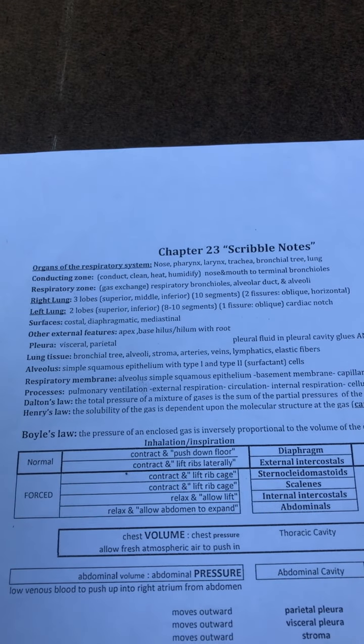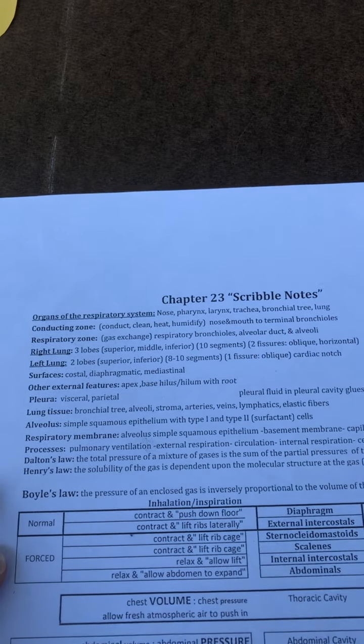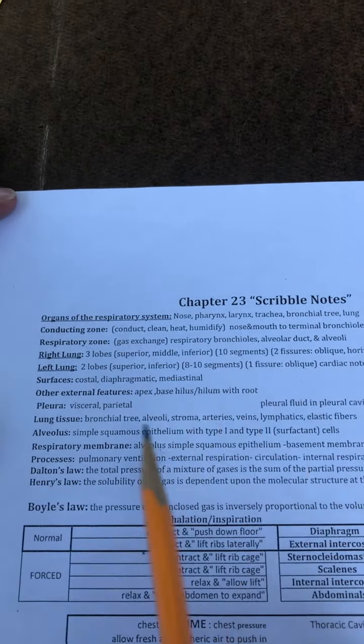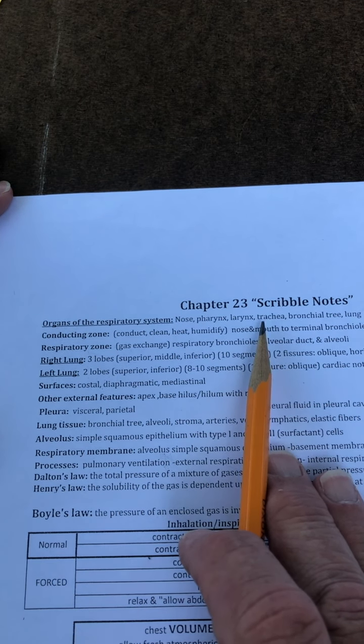Well, here are some notes that I think are out there online and that some people have been looking at. So let's sort of run through them real quickly and see what they might say for us. Right off the bat, it is just a review. It's scribble notes. So we're going to talk about the organs of the respiratory system: nose, pharynx, larynx, trachea, bronchial